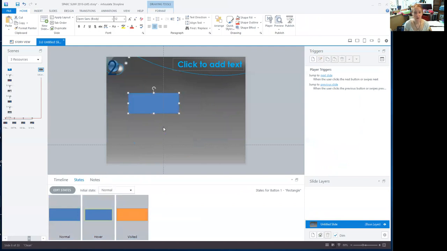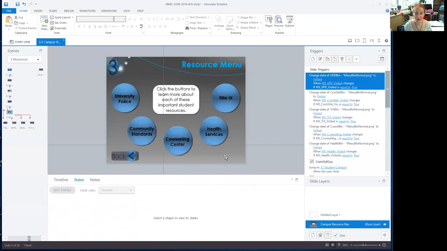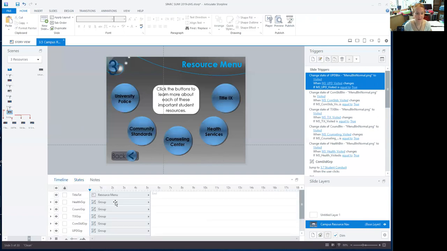Now, you can also decide which the original state is going to be. So the initial state or the default state is always going to default back to normal. And I'm not quite sure when you might want to do these things. Okay, so here's one. So hidden state means that there's nothing there to be visible. And we do use that a couple of places along the way in Party Science and SPARC where we don't want the student to have access to the continue button. Like in this case, our next button down here, let's see here, next button,